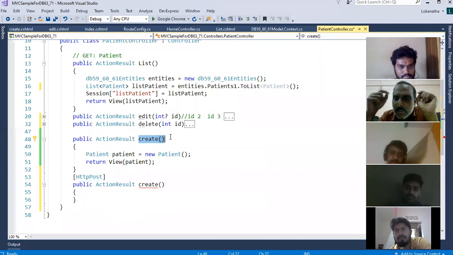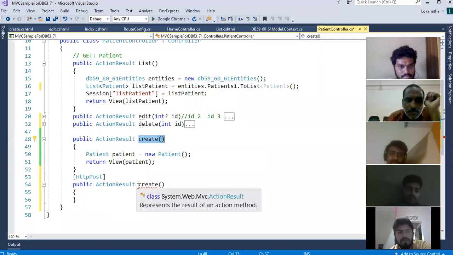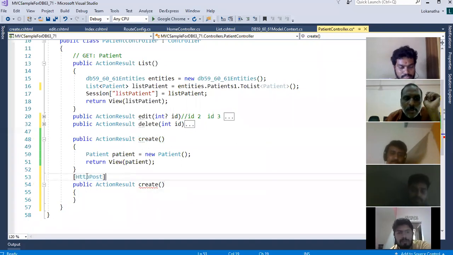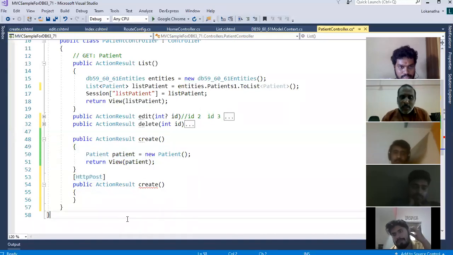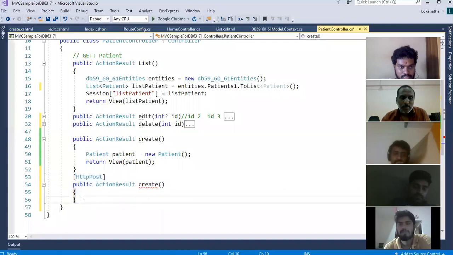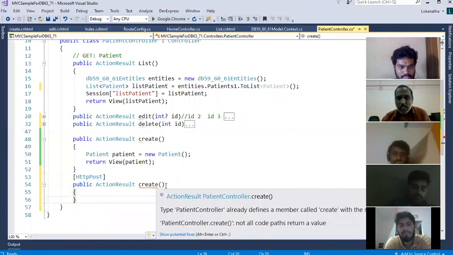The first one during the first request, when the request comes to the create action method by using HTTP get. When the user clicks on the button control, a post back request will happen, and at that point execution will come to this action method.